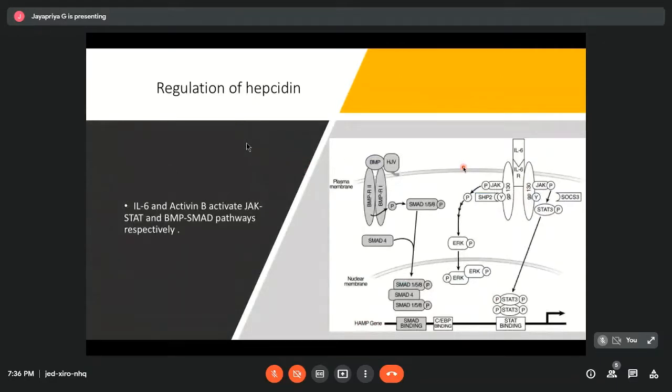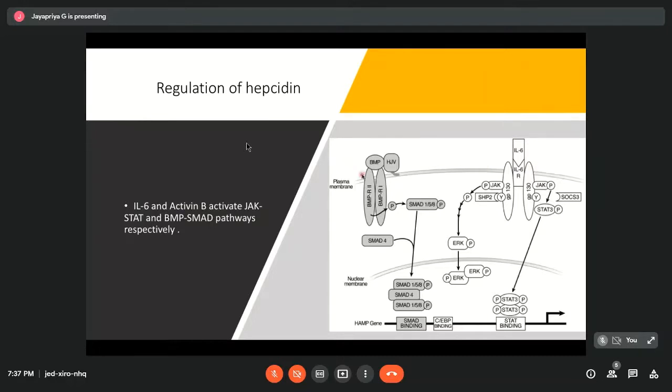This hepcidin is a hairpin-like peptide, a 28 amino acid peptide that is normally produced by the liver in response to the iron level. So whenever iron is increased in the body, hepcidin will be produced and it will reduce absorption of iron into the body. Now this same mechanism is hijacked in inflammation by the inflammatory cytokines. So here you can see that interleukin 6 and another cytokine, activin B,